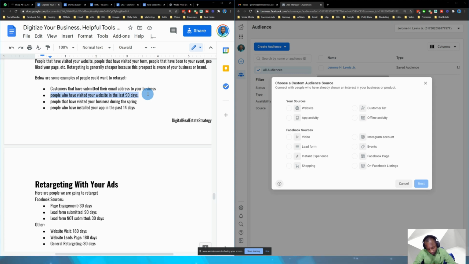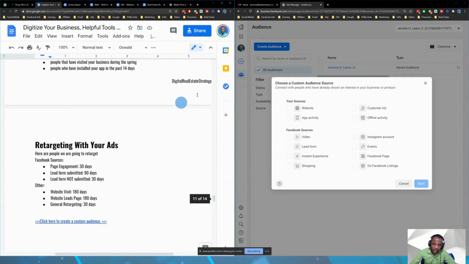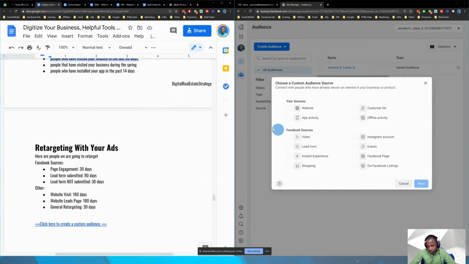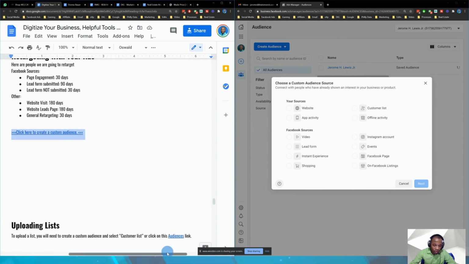So on the right of my screen, I have up the custom audience section. And just really quickly, I want to show you how to get there. You can either Google it, or you can go on Facebook and find it, and it can be complicated. But right here on this document, over on the left, you can just click this button, and it will open up. So if I click this button